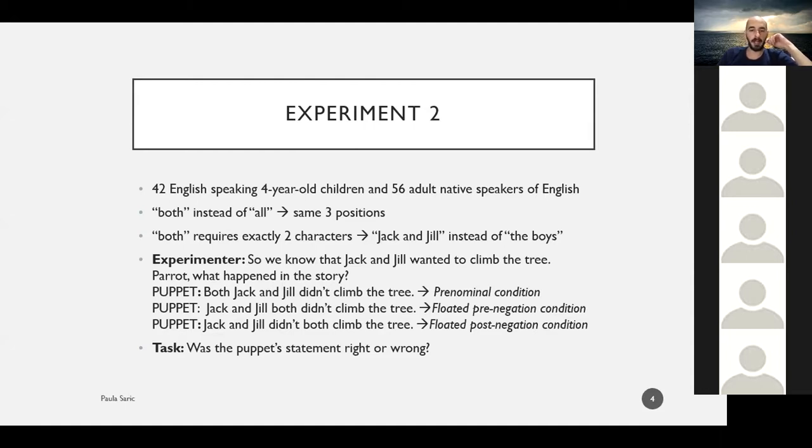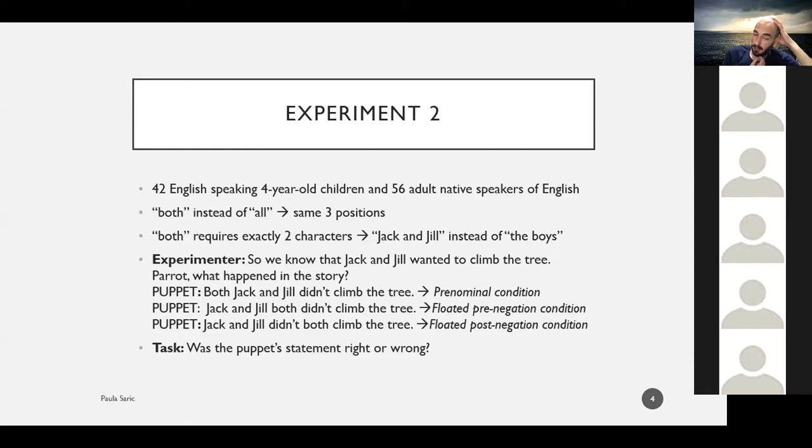Both Jack and Jill didn't climb the tree, meaning that neither of them did. But even in the third condition, Jack and Jill didn't both climb the tree, 60% of adults and 80% of children still provided no responses, right? So they still preferred the